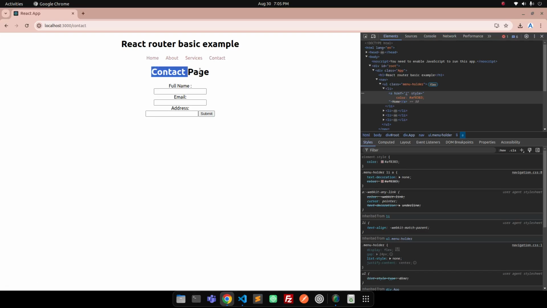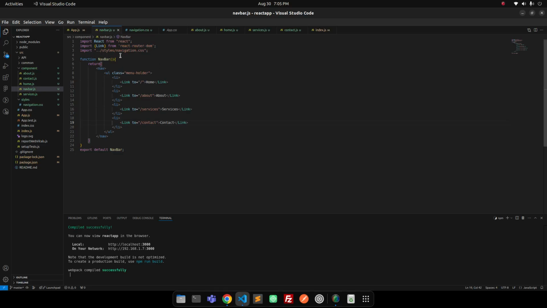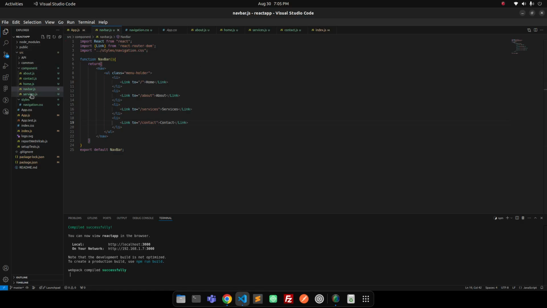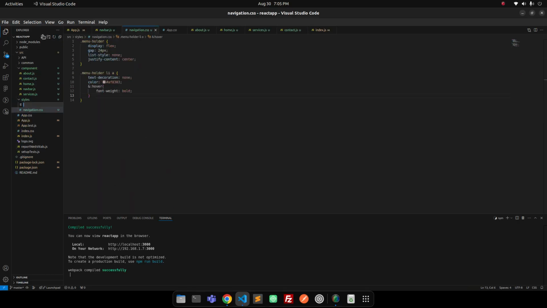So yeah, let's leave it there. We will design our form also. This contact page also should be this color, so it will look good. It is from a different file. It is actually a contact page. So for this we will write a CSS here also, like